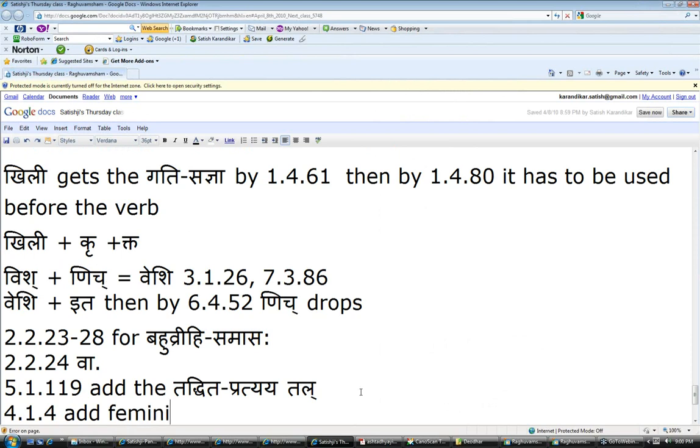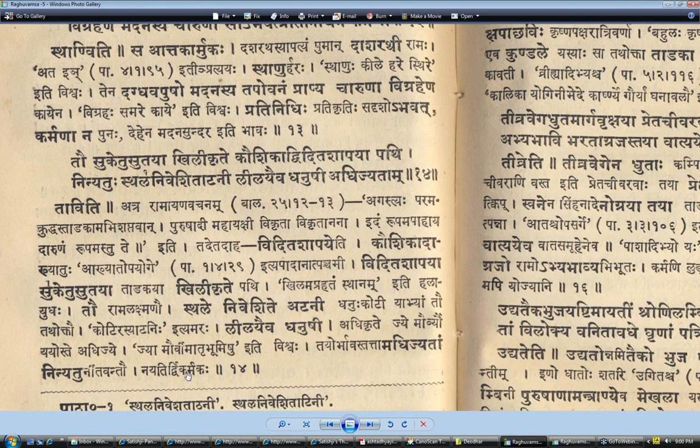Now why should the tap be used in the feminine? That is the usage only. So add the feminine affix tap. Okay, I think that will do it for us. So we got adijyata: the state of being strung. And they took it to that state. And then I said to you, this dhatu ni has two objects; the two both were taken to that state.